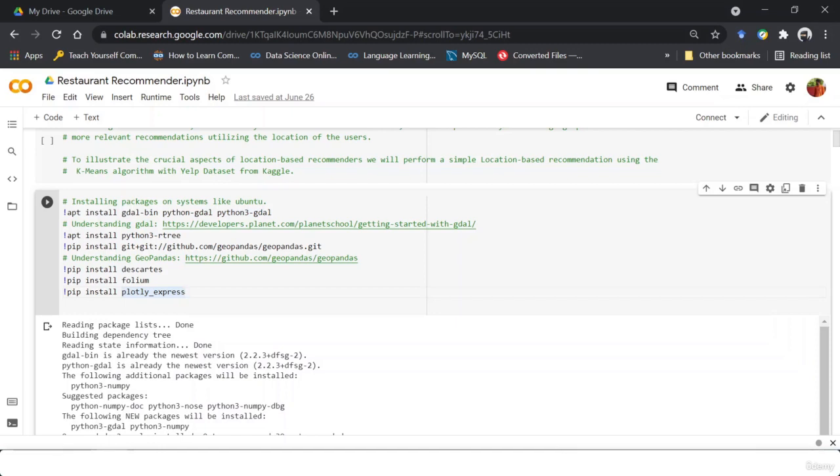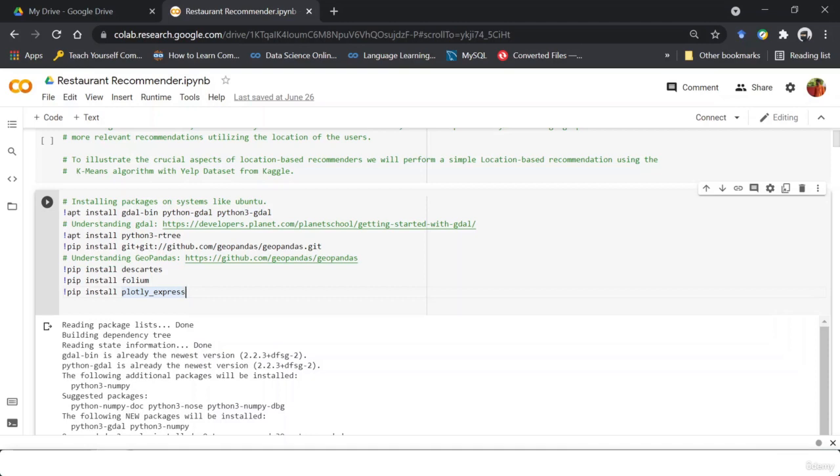So this is an important library that we are going to use, and I'm talking about Folium. So Folium is a Python library used for visualizing geospatial data. It is easy to use and it is a wrapper for leaflet.js. Now again, Folium is a Python wrapper of a package that is built in JavaScript. And we can also pass rich vectors, rasters, or even HTML visualizations as markers on the map.